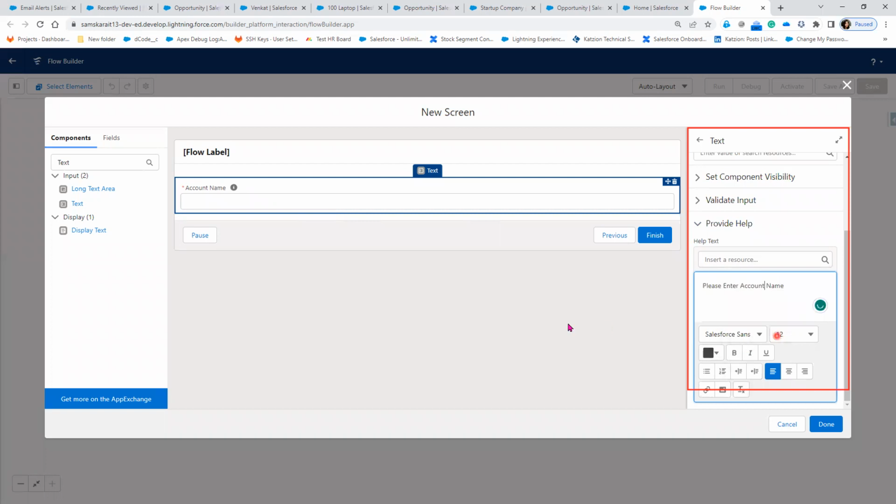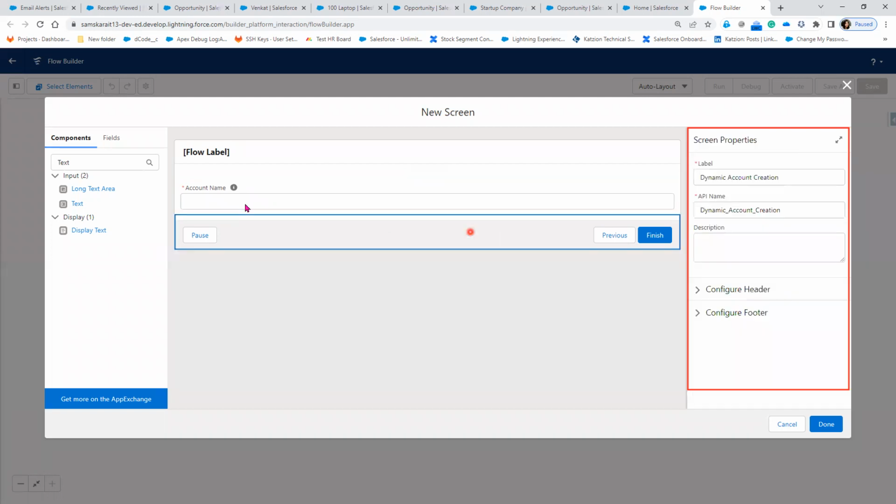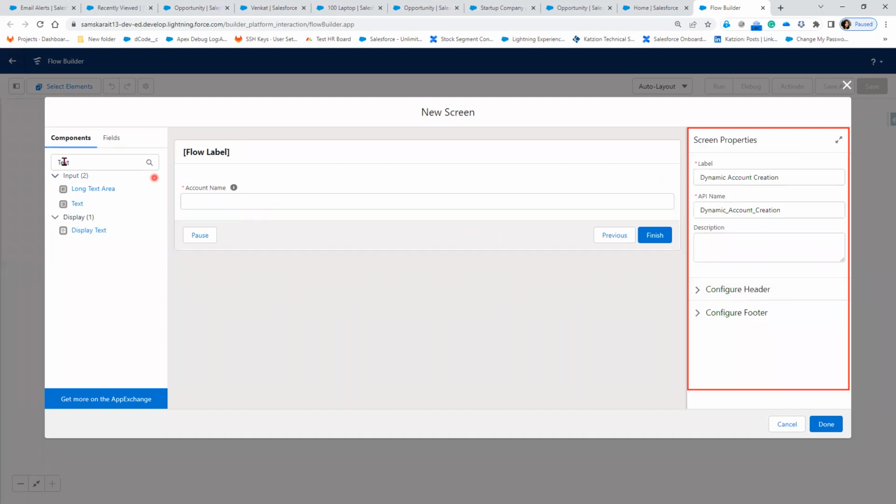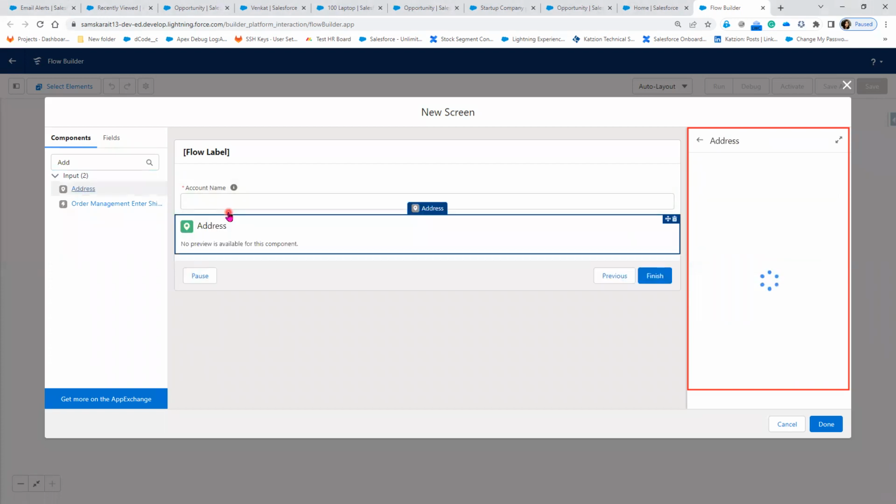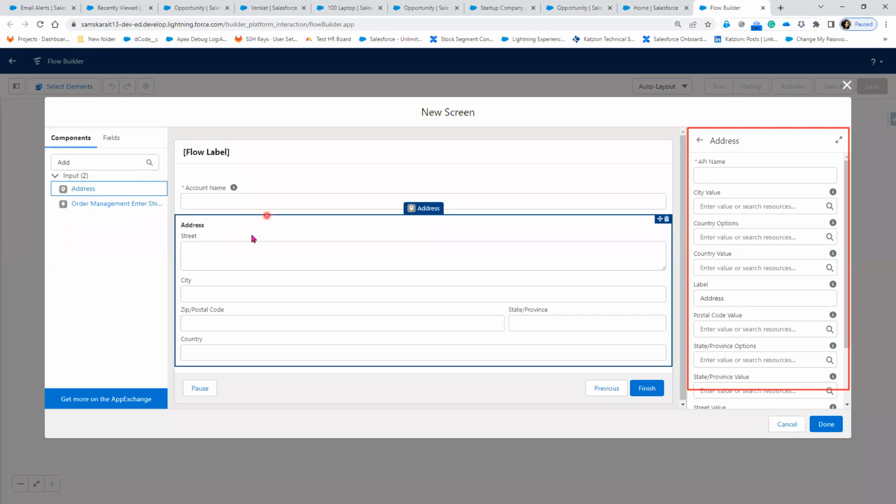Right, I'm done with this. This is the account name. Now the next field I need is address, the address details. Let's drag it here. As soon as I drag the address, it is giving me the